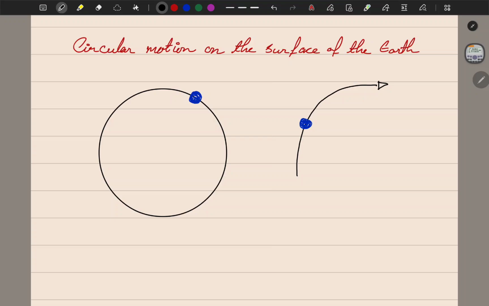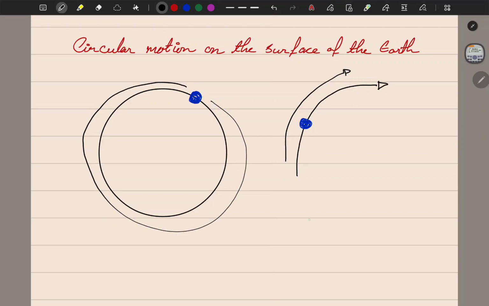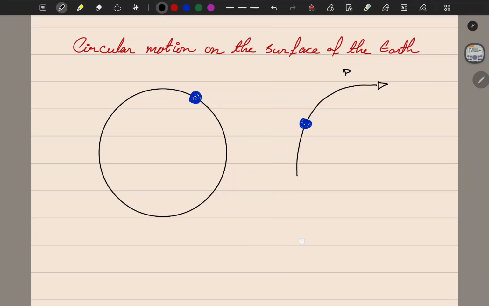In today's video, we're going to be talking about circular motion on the surface of the earth. That is, if a body is moving either through a full circle or even a part of a circle, but is doing so on the surface of the earth. We are going to be taking into consideration what affects that motion,